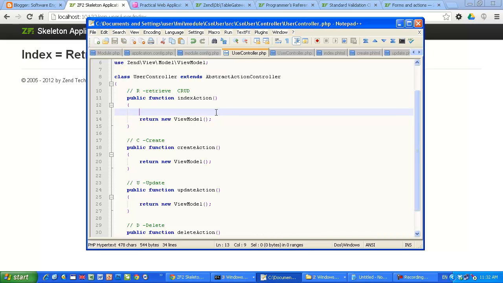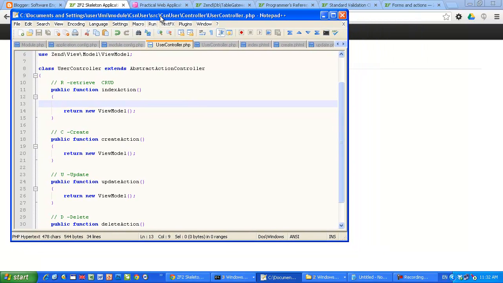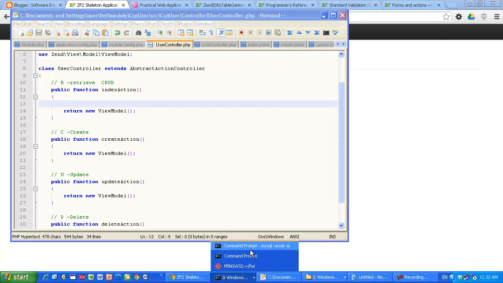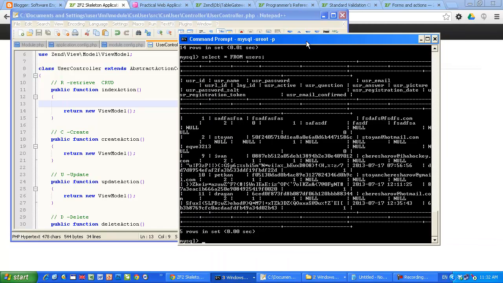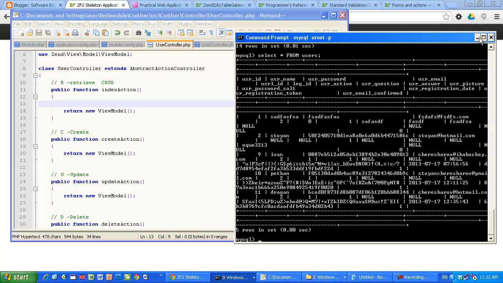What do we need? We need to connect to the database somehow. On the left hand side I have the code, I have everything prepared. On the right hand side I have my database. How should I make a connection? How shall I connect to the database and retrieve all the rows? Okay,